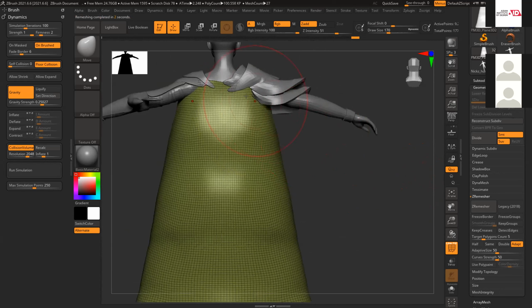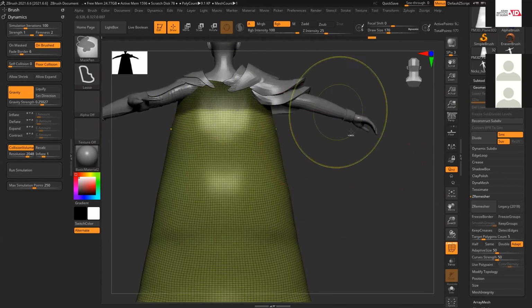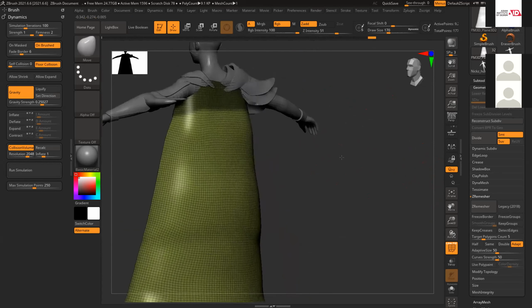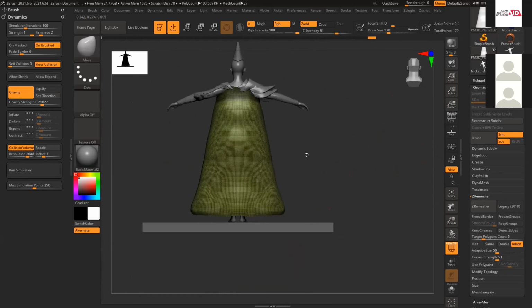So now again, I'll go to my lasso tool and select all these areas, so it should not affect this area. And then I can run simulation. Gravity, I can increase the strength slightly.